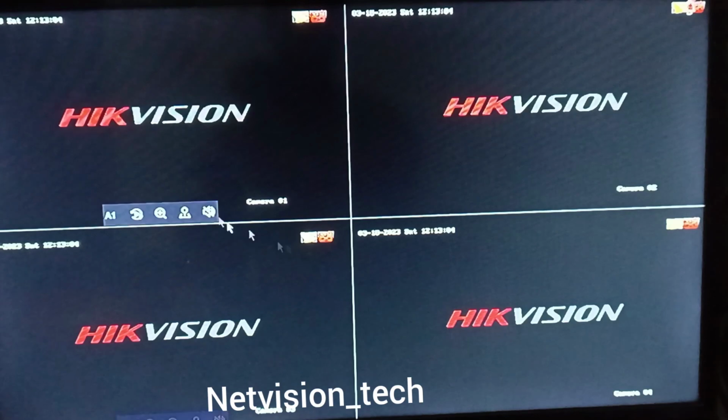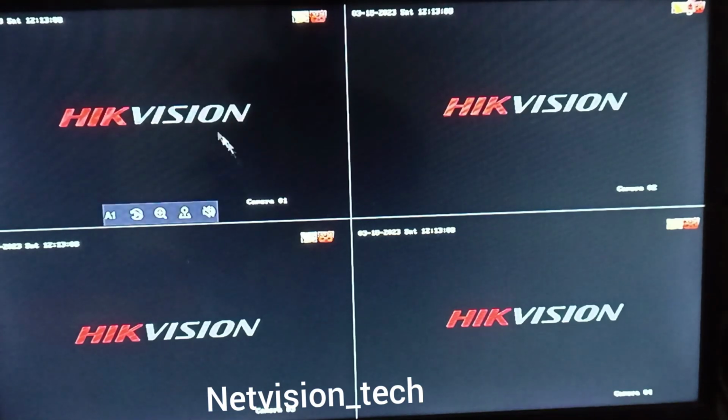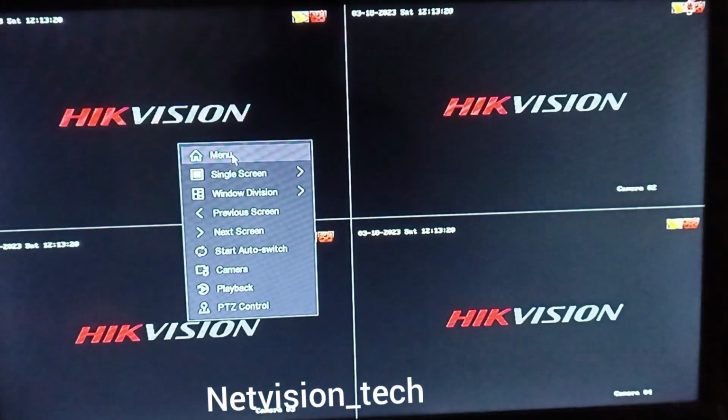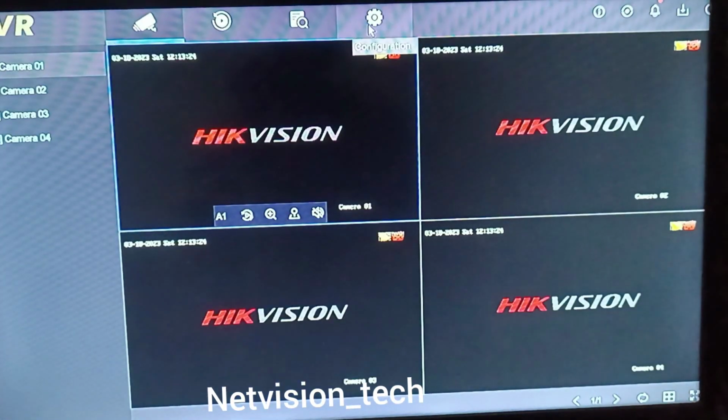So this is the Hikvision setup. What we'll do now is to set up some other things inside that you don't see in the opening setup, like the motion detection and things like that. So go to menu, go to configuration,